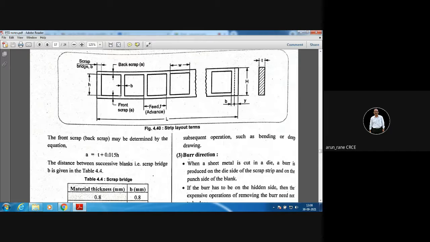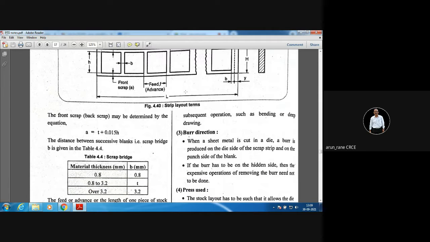By judgment, by moving your finger across the perimeter, you can understand whether it is time for the punch to be reground or whether you can continue. If the burr is more, then definitely you have to give the instruction and remove the punch and send it for regrinding. Generally, you get around 1 lakh pieces between two subsequent regrinds.